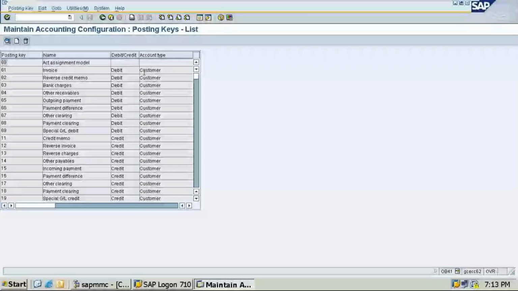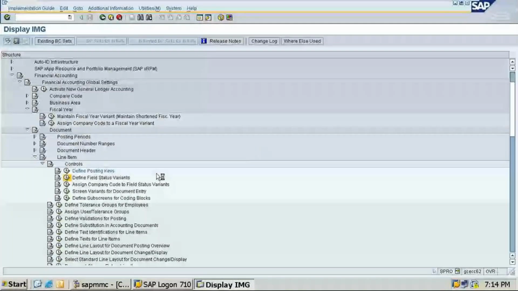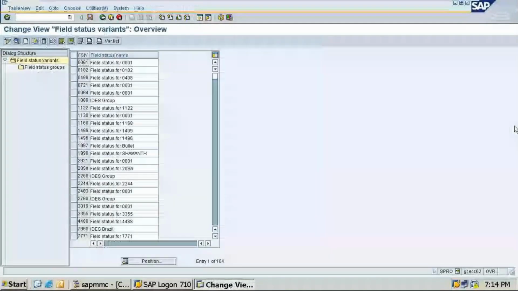So what is the field status variant here? Let me check. Just like we have field groups, I told you in the last class, this we have done actually. Like general ledger, when we are creating purchase, sales, rent paid account, commission paid, interest received, commission received, all types of ledgers come under which group?